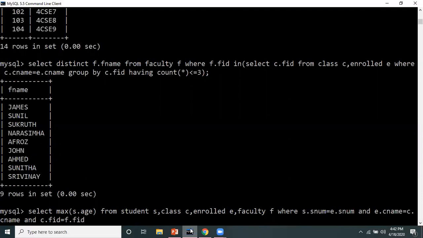So this will remove all my duplicate rows. Fine. And what is the condition? That the professor name should be Sunil. So F dot F name is equals to Sunil.